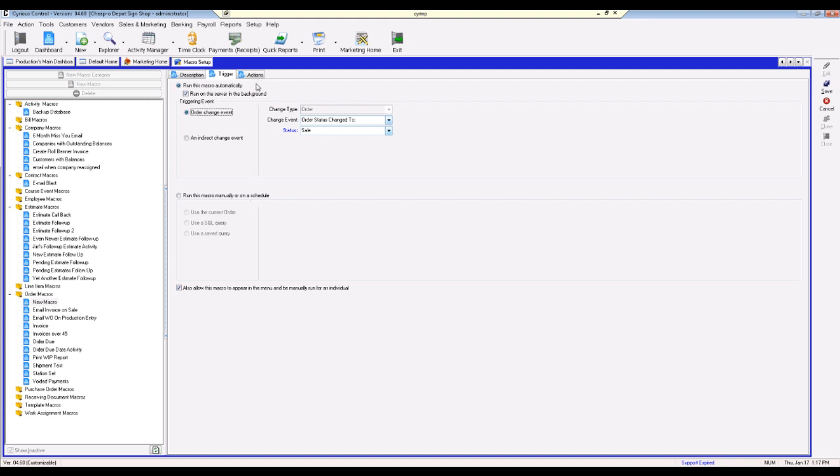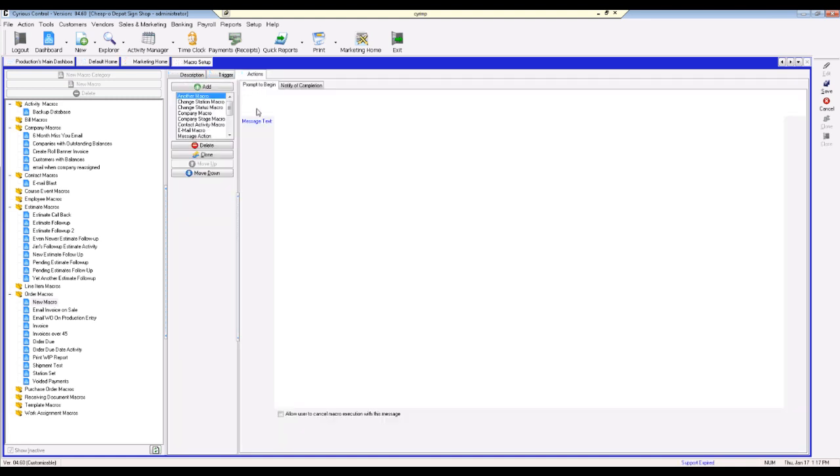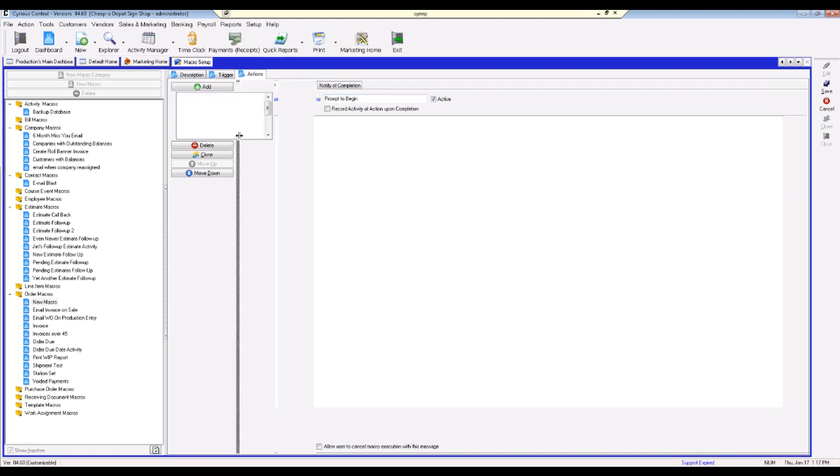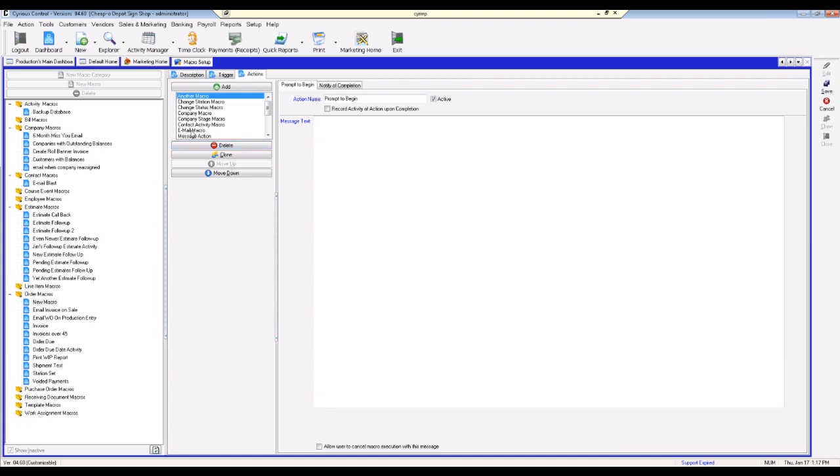So now that we know what's going to trigger our macro, we're going to go to the Actions tab. And this is where we say, okay, whenever the order is marked sale, this is where we tell it what we want control to do. So we want control to email a report. Now, this is where I could see someone getting mixed up. There's an option that says email macro. If I click on email macro and I add it,